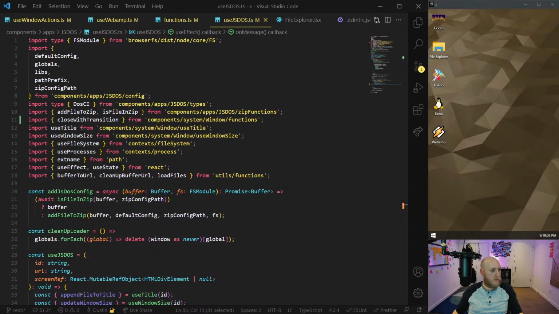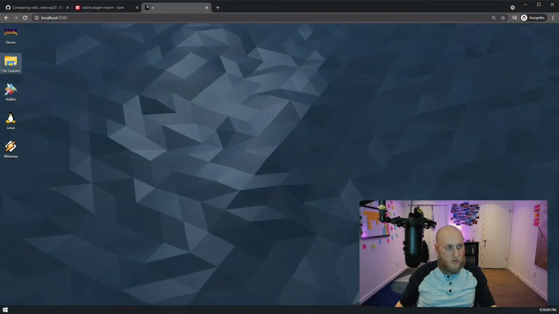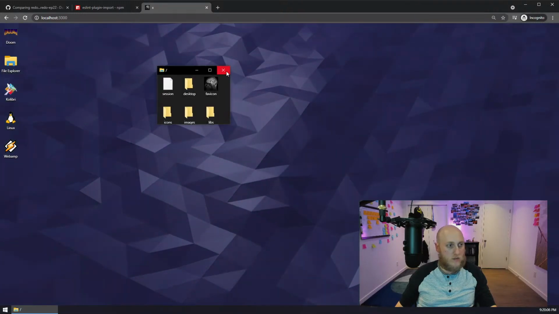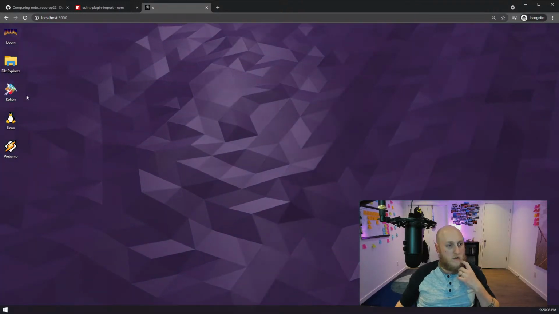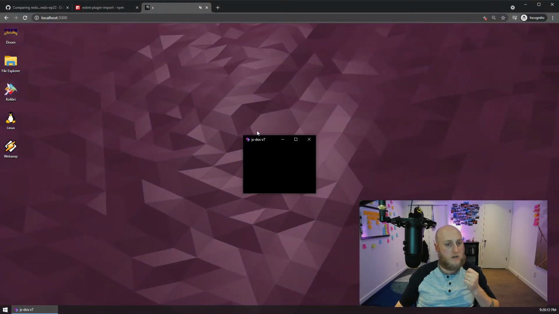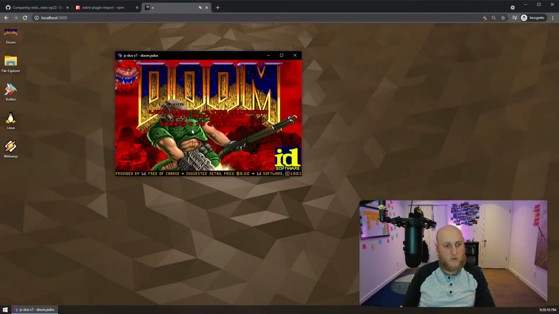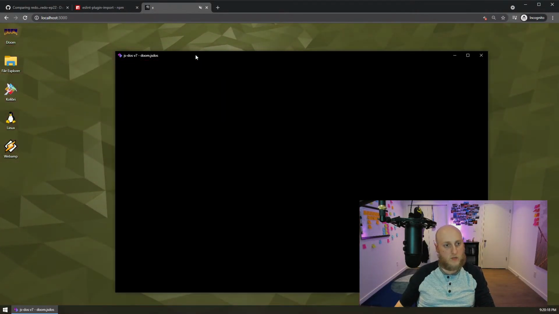So let's test that out really quick. In theory, things should still be able to close, I guess, is the only test. Opens, closes. Nice. And now I guess I could test with the JS DOS. So now if I get out of Doom here, for some reason it gets really big when I get out of Doom.